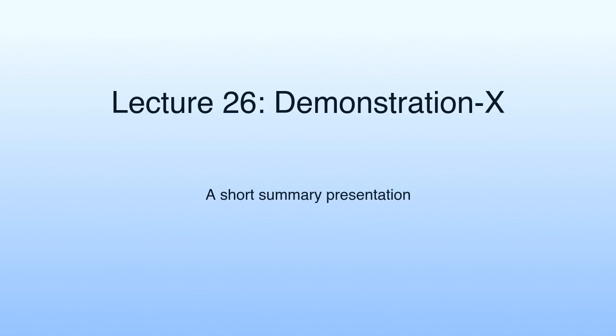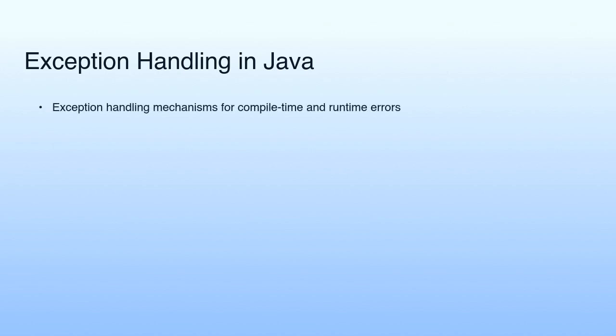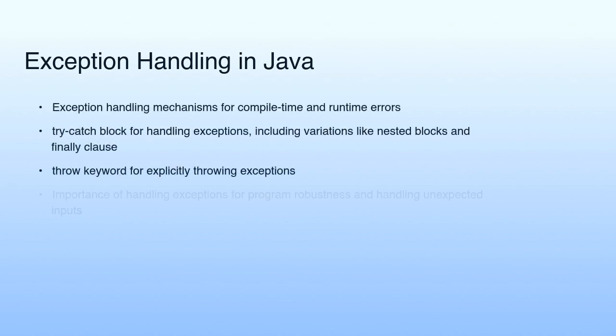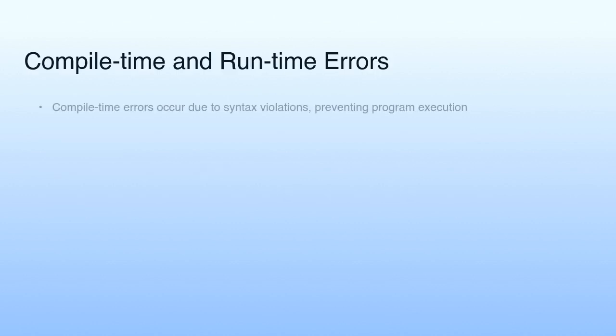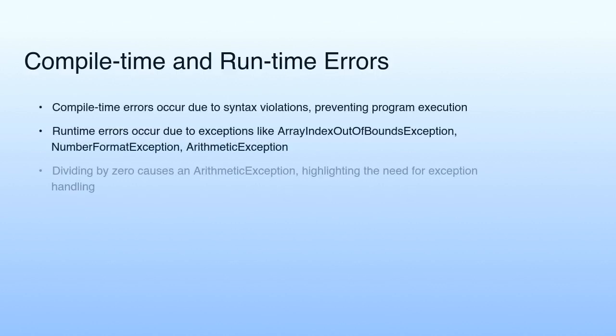Lecture 26 Demonstration X. In Java, exception handling mechanisms are crucial for dealing with compile time and runtime errors, ensuring program robustness and handling unexpected inputs. Compile time errors occur due to syntax violations, preventing program execution, while runtime errors occur due to exceptions like array